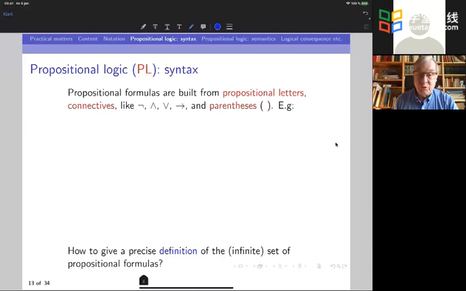And you use parentheses. So again, I'm assuming you have seen formulas like these. So maybe I write P and Q implies not R,